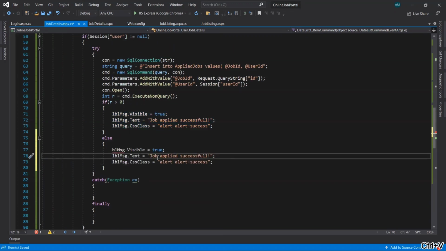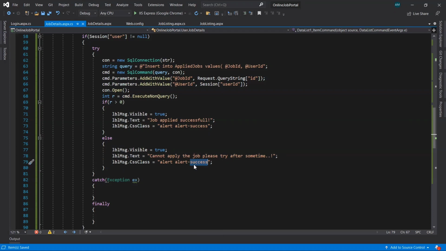Here we'll give the message: cannot apply the job, please try after some time. Here we need to change the bootstrap class from success to danger. Save it.